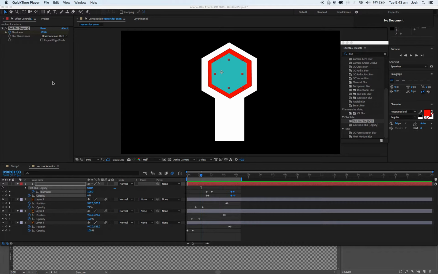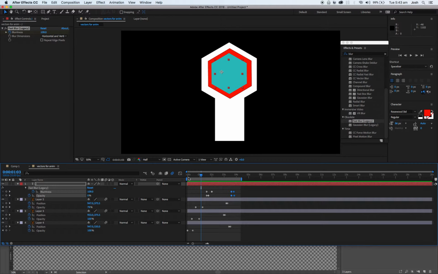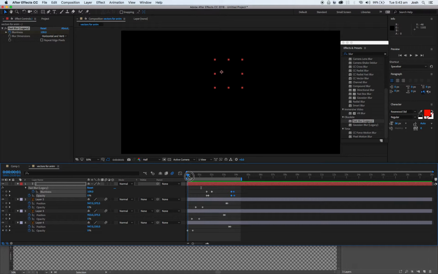So I just wanted to go over a couple of different kinds of blur that you might want to think about using to make things look a bit more interesting. So one's called motion blur and one is just called, well, I'm using fast blur, or you can use Gaussian blur, whichever. So this is the logo that I used from the previous quick tutorial,